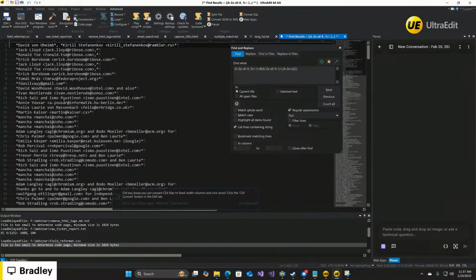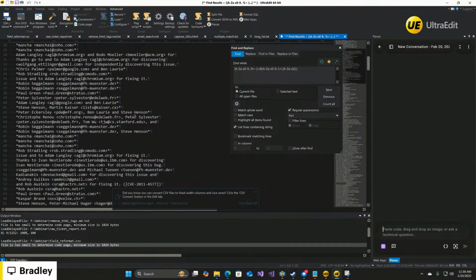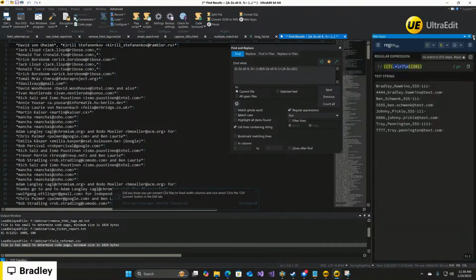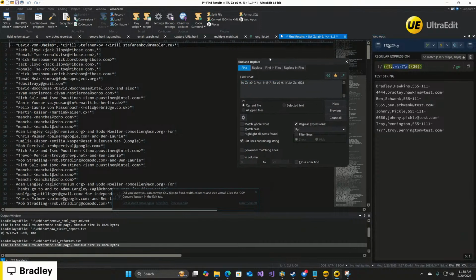So the AI part of this demo did not work, but the email search, matching with the regular expression, and then being able to extract those email addresses and get them into a new file as a list, all that is working. So that part was working, so that's good. All right. Go ahead and close that. And let's go back to,